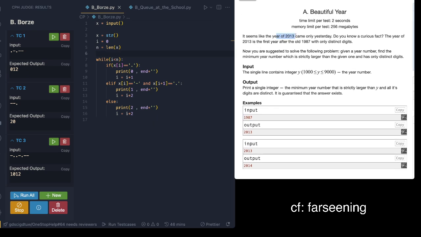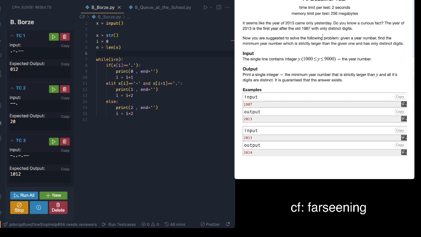It seems like the year 2013 came only yesterday. Yesterday, bro. Damn, this is 12 years ago. You know, a curious fact: the year 2013 is the first year after the old date, with only distinct